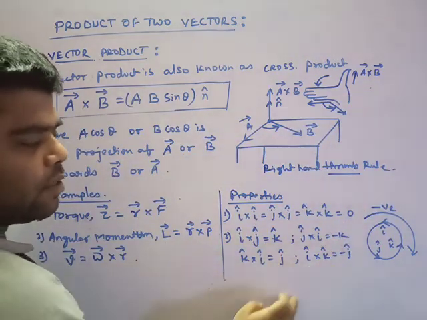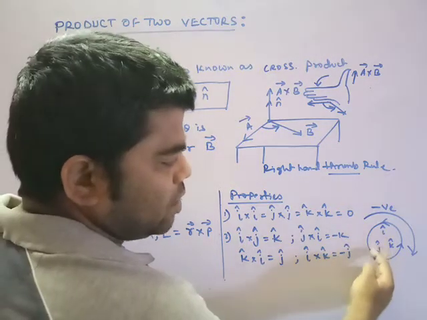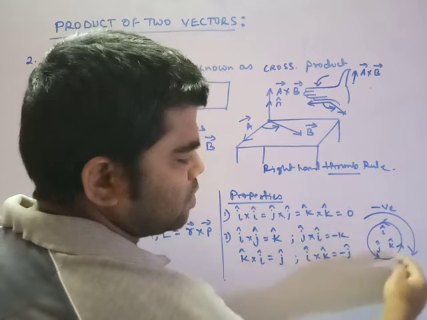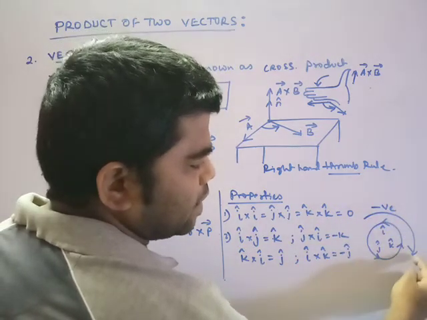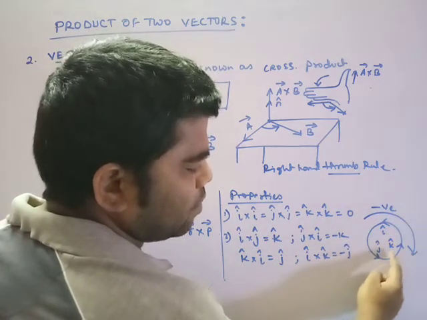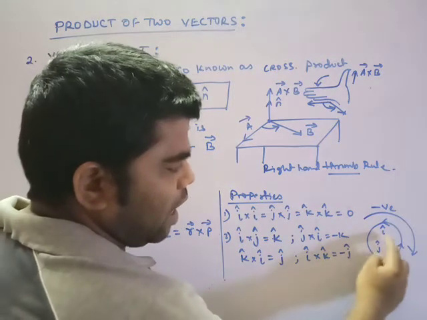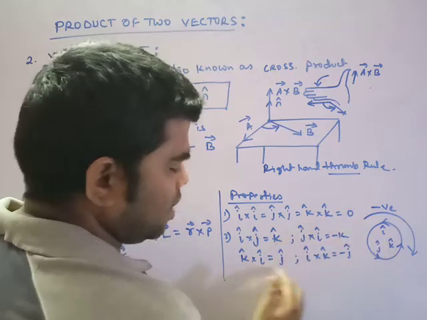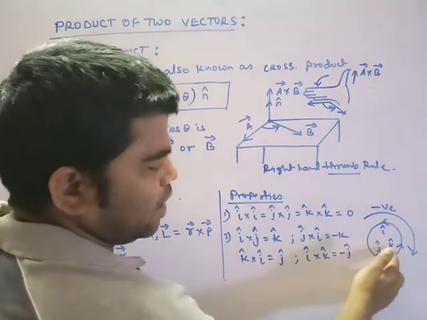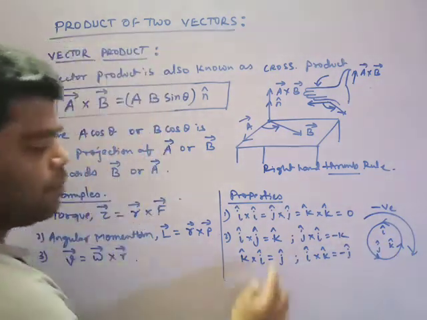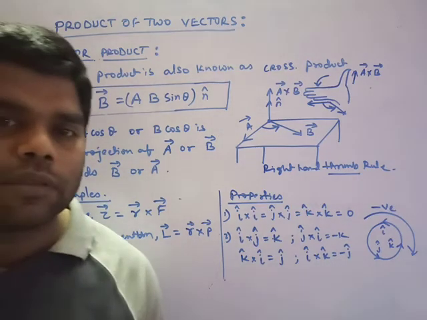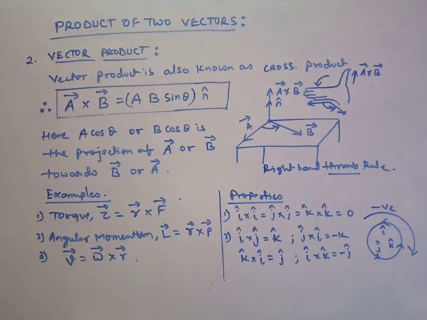So how do we learn this? Very simple. I J K is the pattern in the anticlockwise direction. If we do the reverse, we write minus, like J K minus J, sorry, I K minus J. If I do it here, I J, then I will write K. Similarly, it comes in patterns. Is it clear? So I think you got it, and examples will make it more clear if I do them for you.